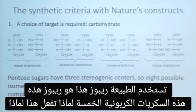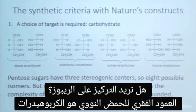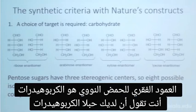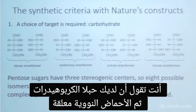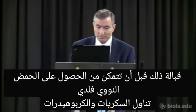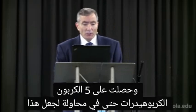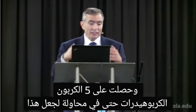Why do we want to focus in on ribose? Because the backbone of DNA is a carbohydrate. So you have the carbohydrate strand, and then the nucleic acids are hanging off. So before you can have DNA, you got to have the sugars, and the carbohydrates, and you got to have the 5-carbon carbohydrate. So in trying to make this in a prebiotic world,